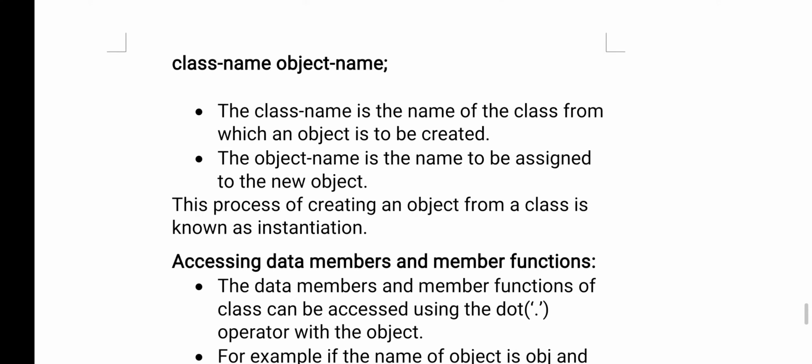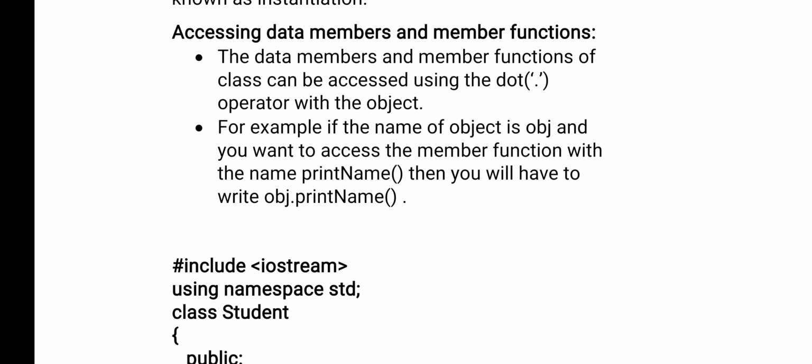Okay, now for example, you have created an object. After creating an object, what happened? I want to access the members of the class. Members means the variables and methods of the class. Then how will you access? Actually, why are we creating an object? To access data members and member functions of a class only. So after creating an object, you need to access the data members and the member functions of the class.